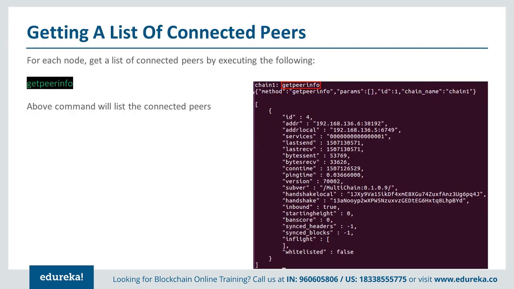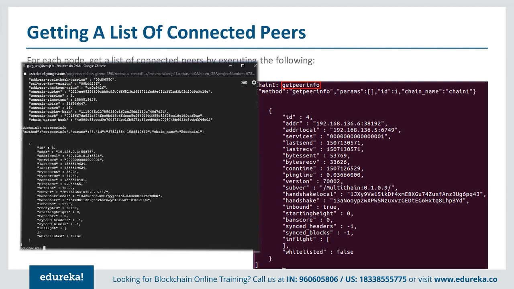Get peer info is basically going to tell you how many peers there are, and what the characteristics of that peer are. This command will give you different outputs in both nodes because the peer information is different. Get peer info. Here it is telling you this is my peer, this is the IP address, these are the services, this is my local address, and this is my peer public address.